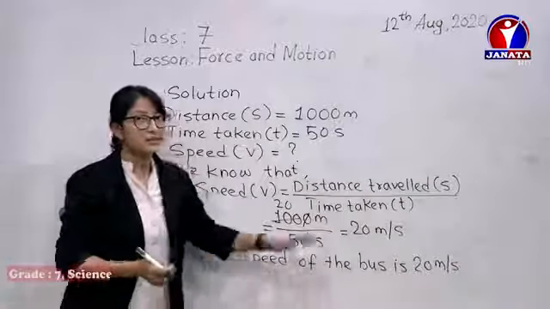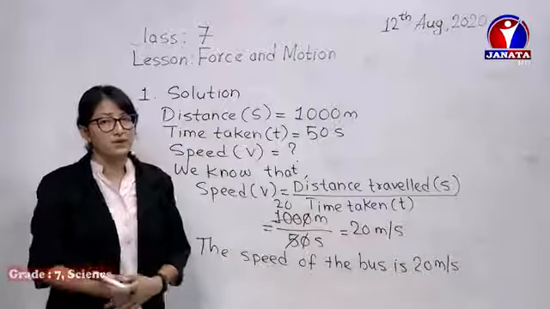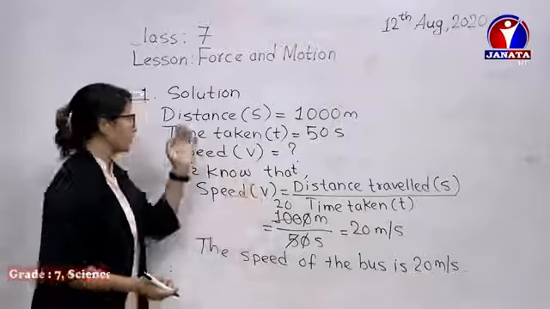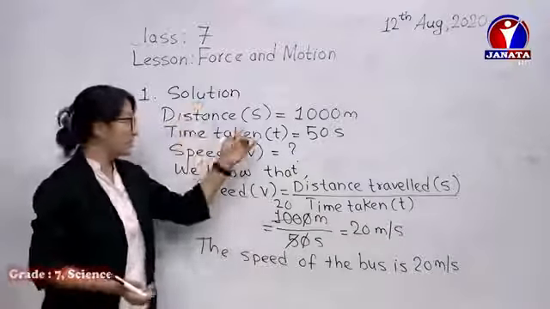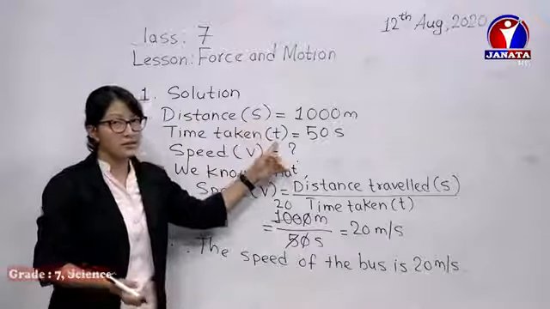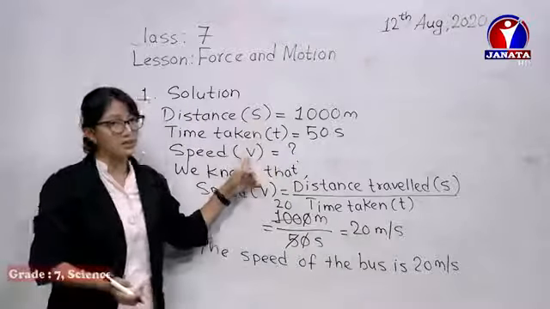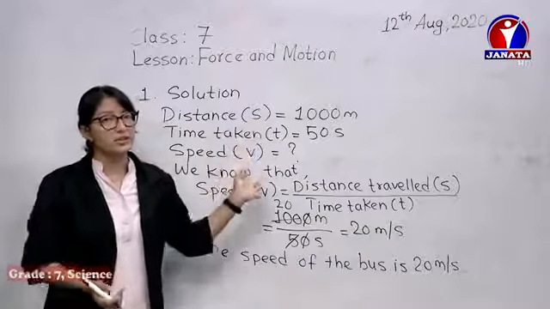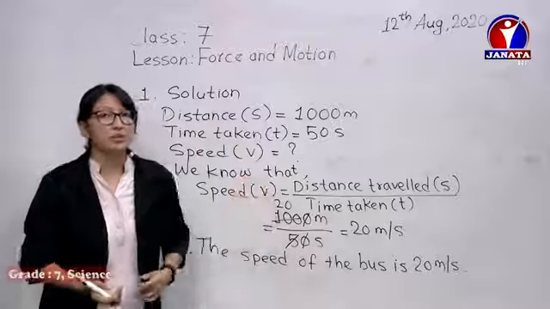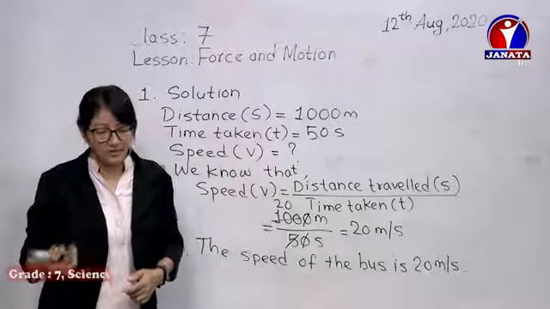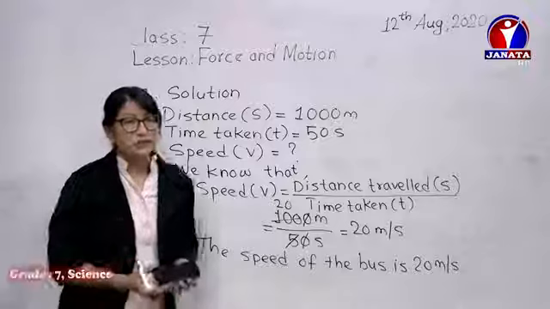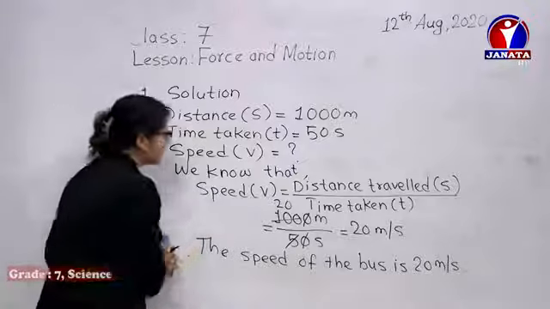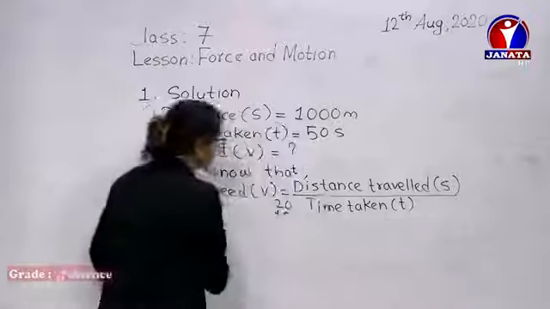Answer. This is the simple format of doing a numerical problem. So the first one we solved. Calculate the speed. Distance is denoted by S, time taken by T, speed by V. You have to keep all this in mind because on the basis of the same things only, you'll be learning more in further classes as well. So let's move on to the next question. I hope you are clear with this numerical.